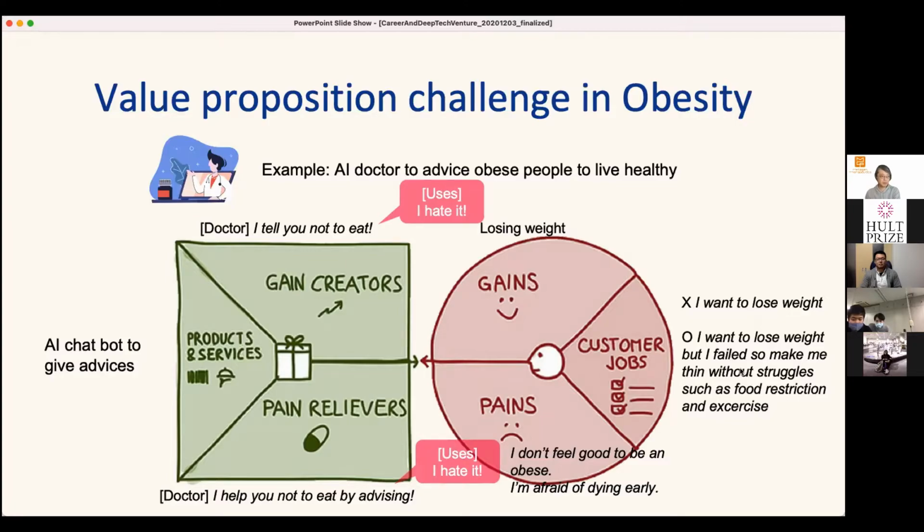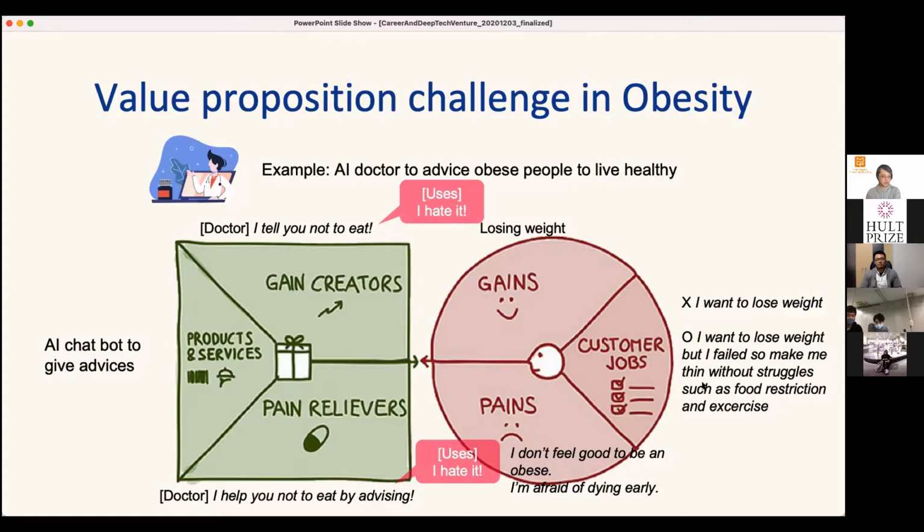So please make me thin without struggles such as food restriction or exercises. They want some way to get thin without any hassle. So that's what they really want. So their gain is losing the weight itself, but the pain is